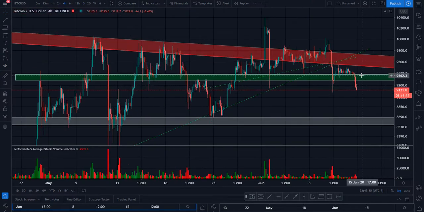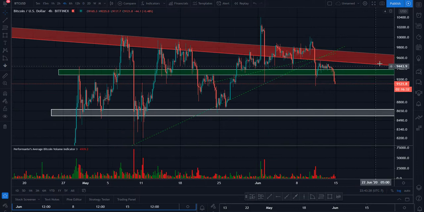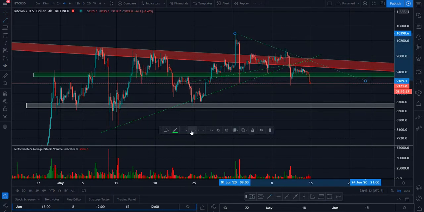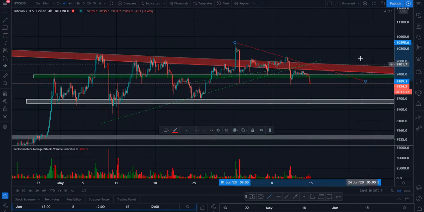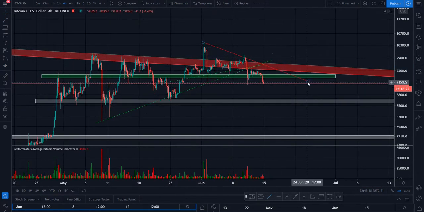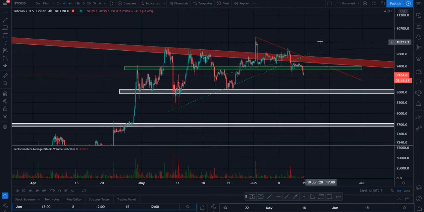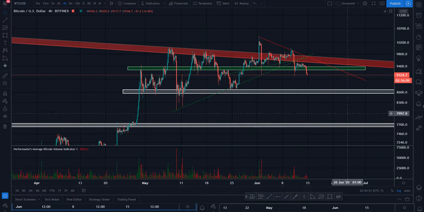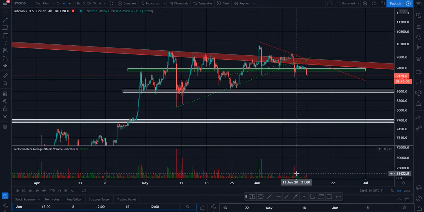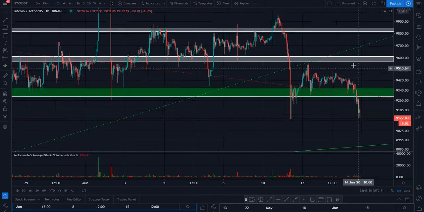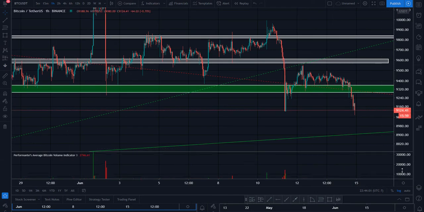And looking at the smaller time frames, that green zone should now theoretically be red, and we can also incorporate a potential descending zone that would be acting as a potential level of confluence if we do get a little move to the upside. You never know in these crazy markets, but even just looking at the average volume for all the major exchanges that retail traders trade at, we can see overall we're not really seeing that much buy volume. And we can see on the 1 hour chart, which is a little bit more clear on the smaller time frames, we are not really seeing that much buy volume.